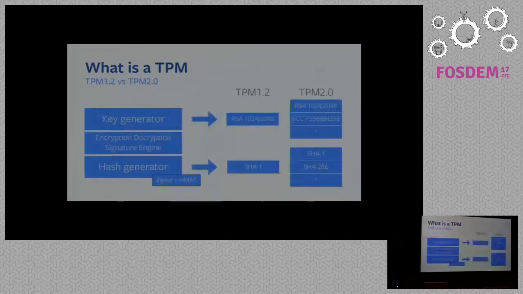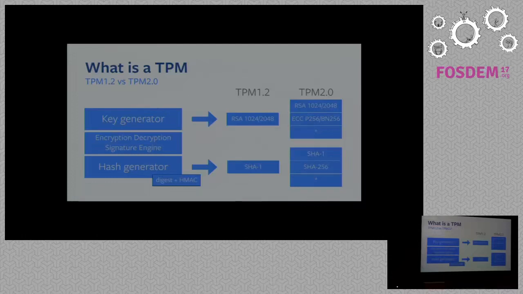Main differences: we have two versions of TPMs, 1.2 and 2.0 are the two existing versions, and TPM 1.2 uses RSA as asymmetric encryption and SHA-1 as the hash function. So this is deprecated, although the use of SHA-1 in the TPM is not affected by the recent vulnerability they discovered. While TPM 2.0 has support for elliptic curve cryptography and SHA-2, but one of the most interesting